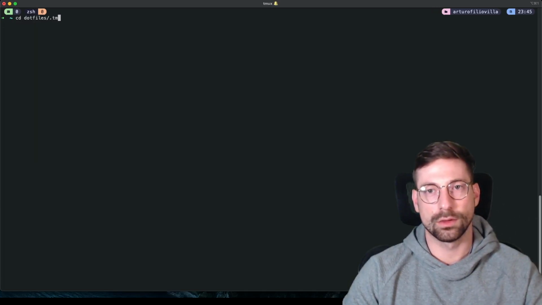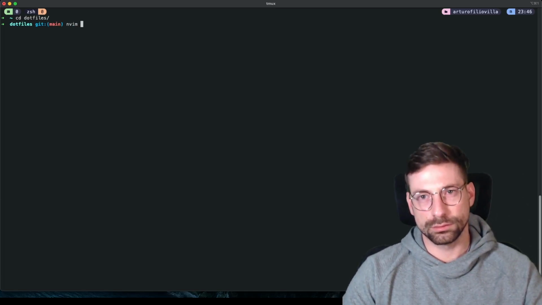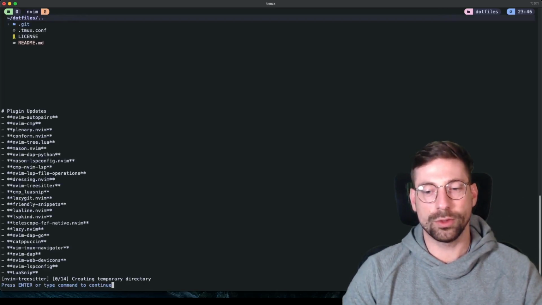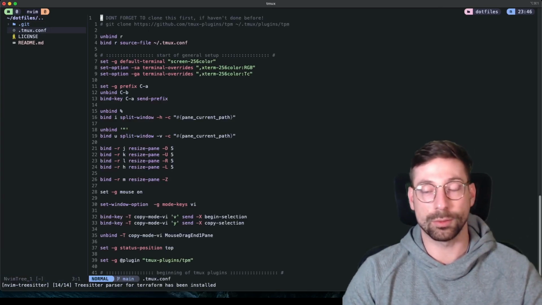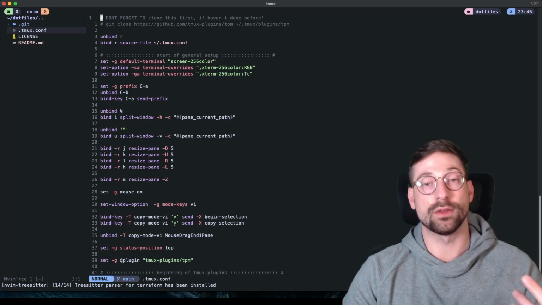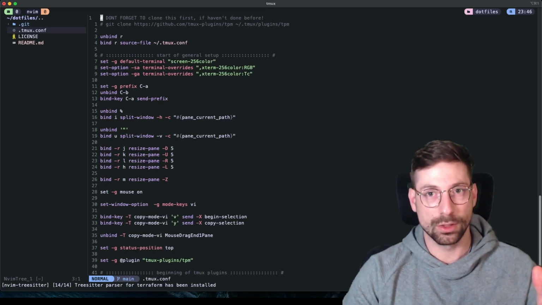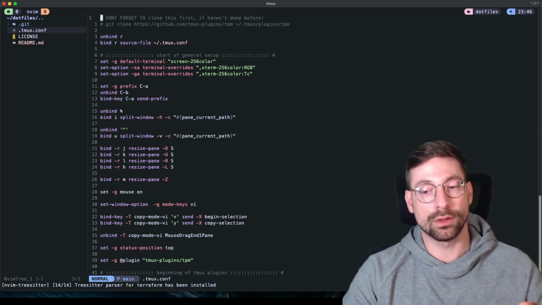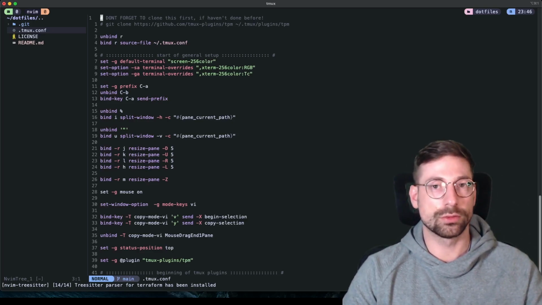Dotfiles tmux. There you go. So what I'm going to do, rather than show you, oh, let's write this step by step, I'm going to show you what I have. I'm going to explain what each of these things do, show you how to use them, how you can find this useful, and then I'm going to show you how to create your own shell